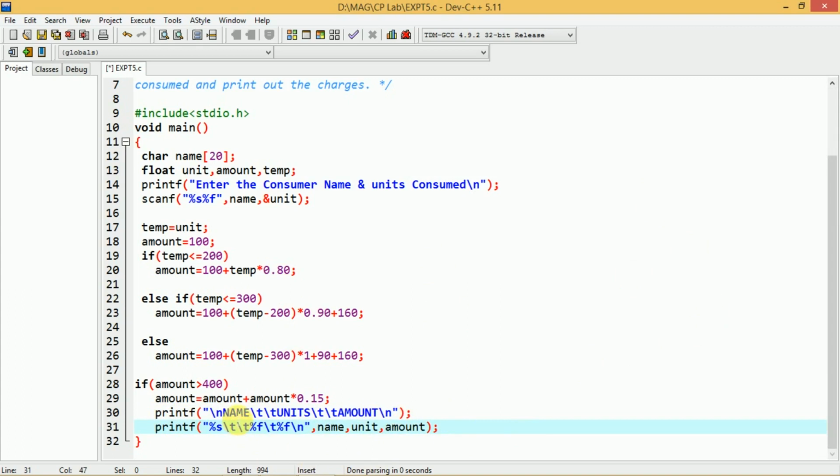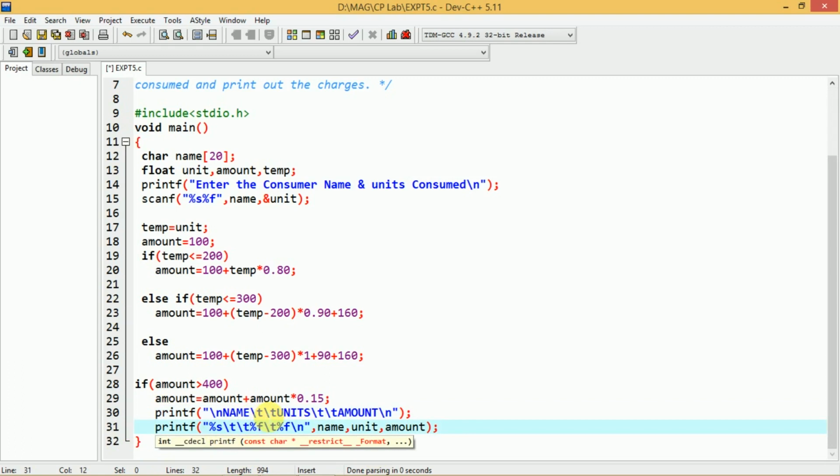Below name I have to display the name of the consumer, below units the number of units consumed, and below amount the amount to be paid. For that I have the printf statement here. This printf is to display the headings, and this printf is to display the values. First I have to display name, which is a string, that is %s.